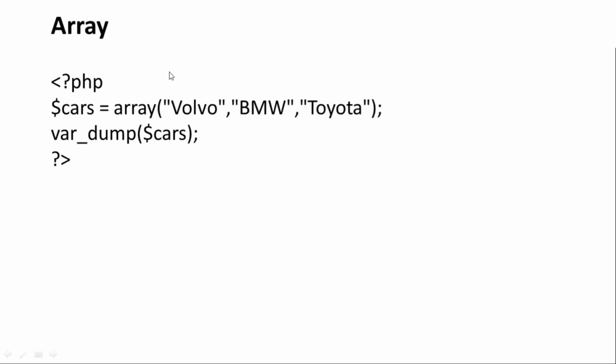Like this, the first value is Volvo, the second value is BMW, the third value is Toyota, like that. We can also insert more values, and after that I used var_dump, and inside it I used the cars variable. So we will check it in the practical, what the output will be. And